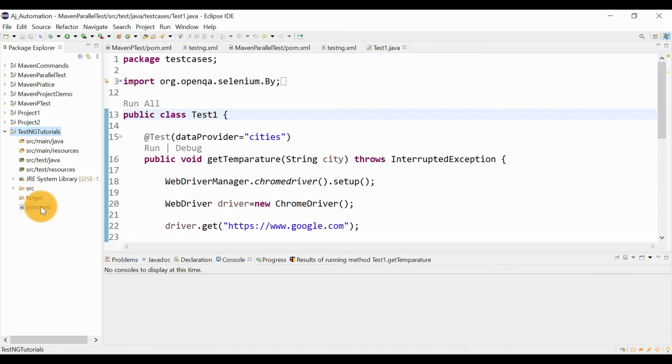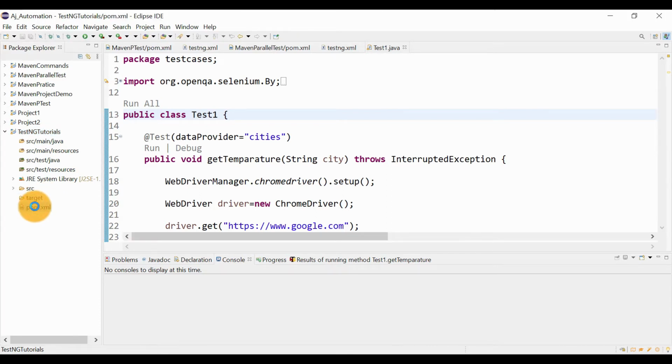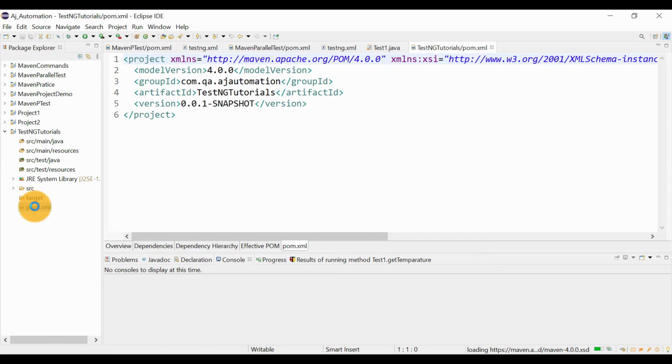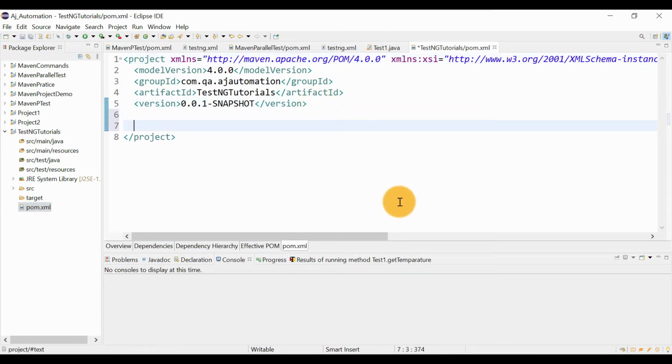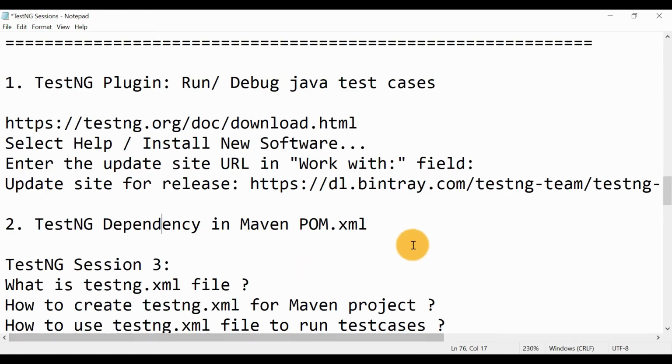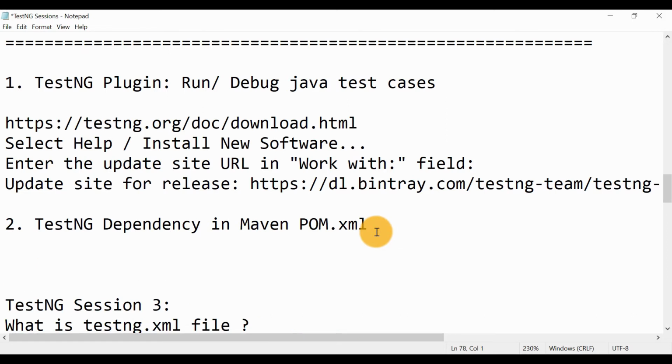So as I said, we need to add a TestNG dependency. Before creating the test cases, this setup or these settings you need to do before starting to write your test cases. So how to add the TestNG dependency in your pom.xml?